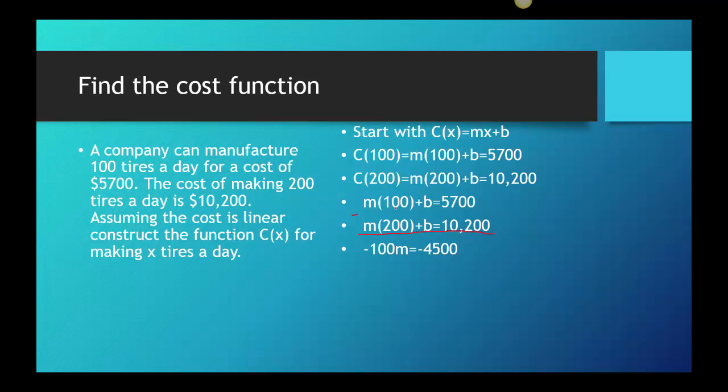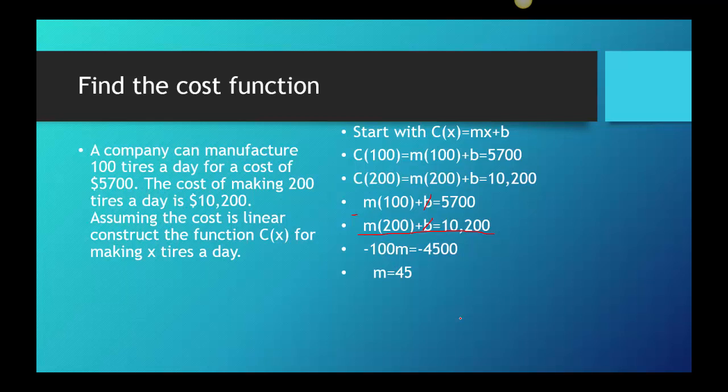Okay, so 100 minus 200 is negative 100m, and I just kind of swap these around because I like the way it looks better. The b's cancel, which is great, right? Every time I'm doing this elimination kind of thing, I can get rid of the b's. 5,700 minus 10,200 gives me negative 4,500. That's great, because now I can see if I divide by negative 100, since the tires are $45 each to